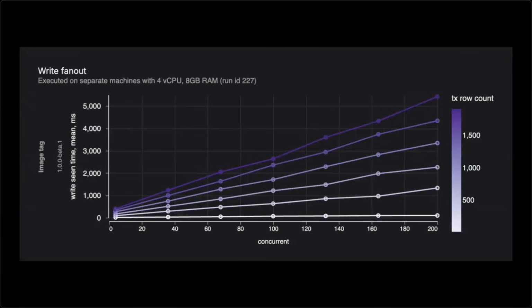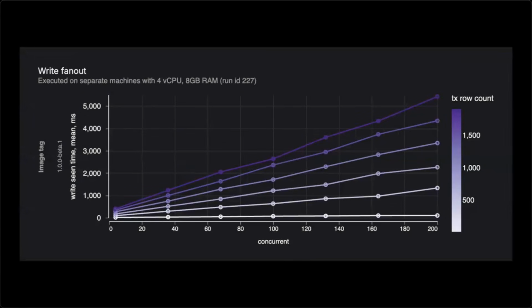This is another graph here, which demonstrates write fan out. So the previous one was about serving data out to clients, and another performance question is how quickly can we write the data out of Postgres into shape logs. You have these change messages coming through the logical replication stream. And then the question is, how many shape logs do you need to write those change messages out to? And what's the expense of doing the matching?